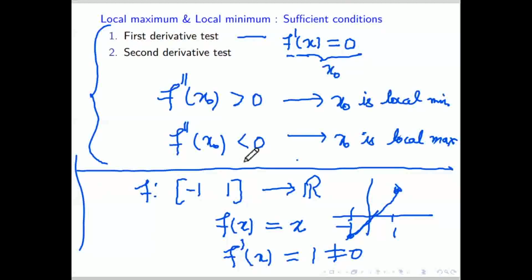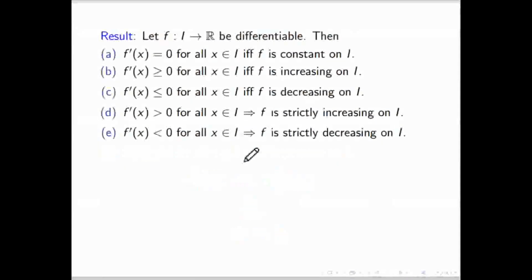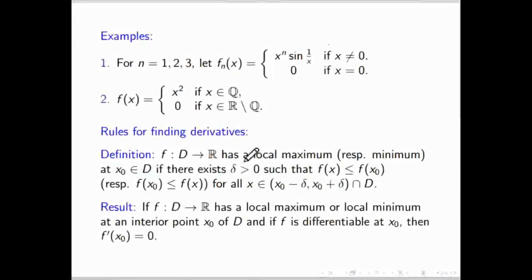Can anyone tell? These rules are applicable only for non-monotonic functions. No, this is applicable for all functions. Whatever result I wrote, it is applicable for all functions. That's why I told you in the last class, just remember one result when I was telling about the definition of maximum. Let me go back to that. Now read that result. It is saying that if a function is defined in a domain, which can be -1 to +1, that interval, or the real line, anything, it has a local maxima or local minima at an interior point of the domain.